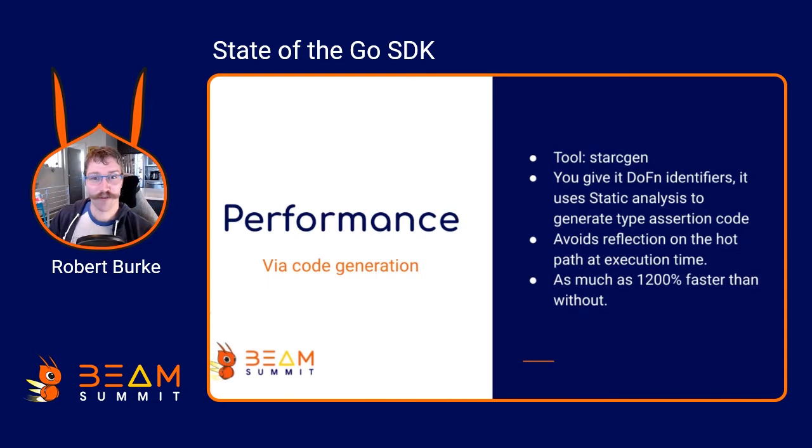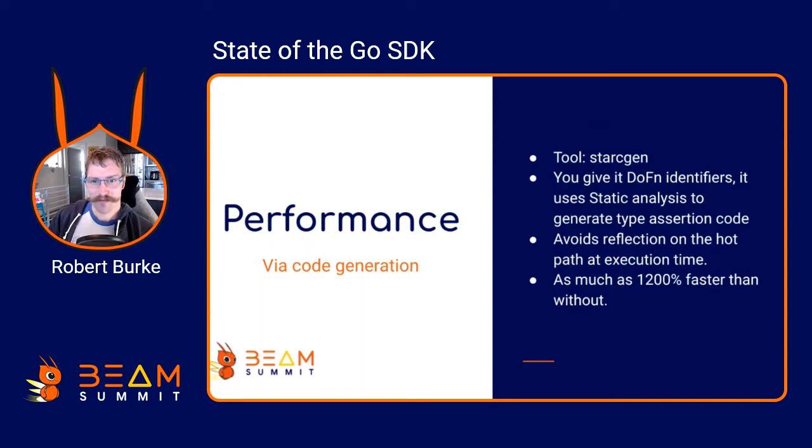Another thing that works is performance. As I said, we're using this internally at Google, and at Google scales, even a small performance improvement has big impact. I mentioned reflection earlier, and the Go SDK uses it throughout. Not only to type check your pipeline at construction time, but to synthesize new values and call your DoFns at execution time. However, while Go's reflection is pretty quick at those first 2, it's a little bit slower on that last one. So I wrote something that helps with that.